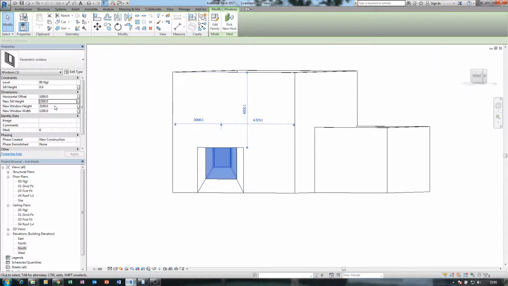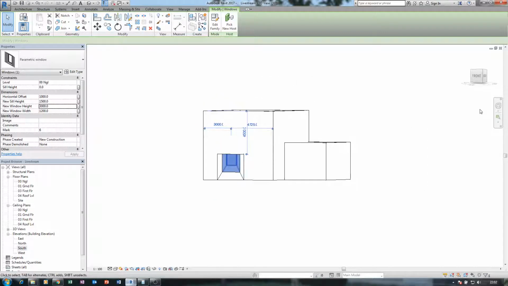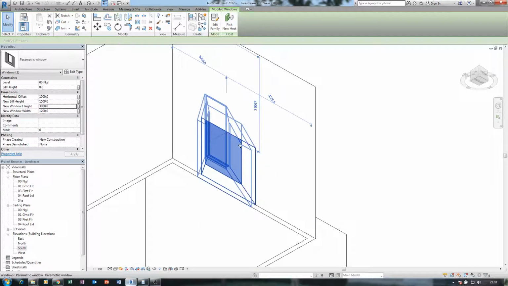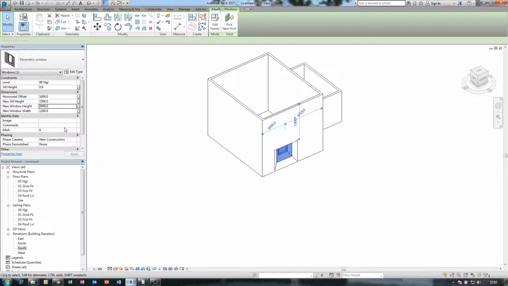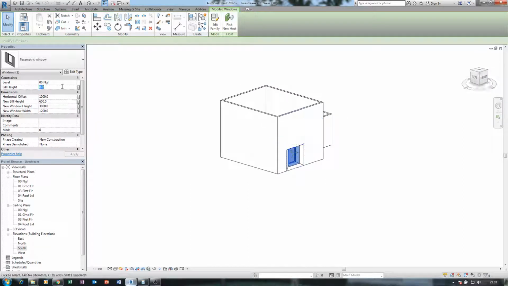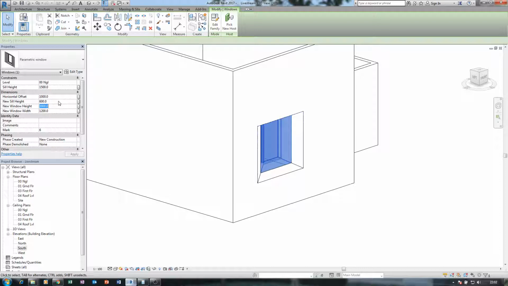Okay, I think some things are wrong with this, and this should be 3 meters. Oh, I don't think I got this thing right. I want to create a problem now. Okay, let's put it at 600. If I just lent it anyway, so okay, the normal sill height is 1.5 actually. Okay, this new sill height should be 0,